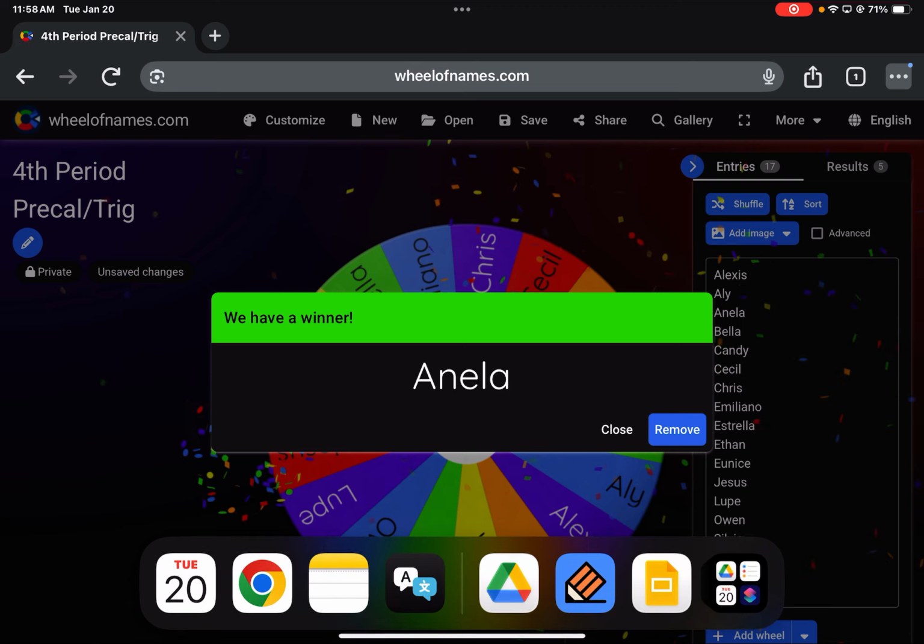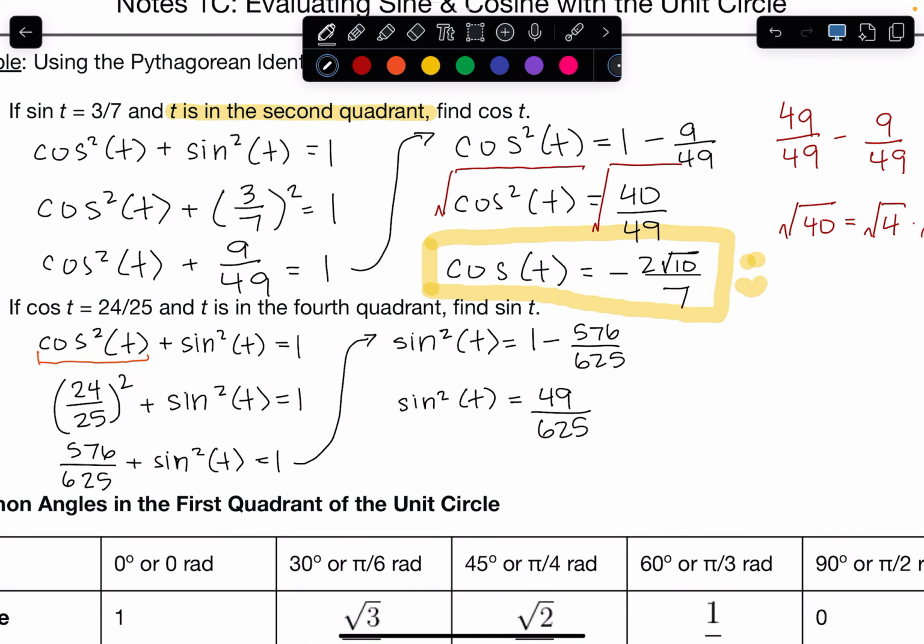Anila. What do we do next? Yes. Very good. Square root. So sine of t equals,